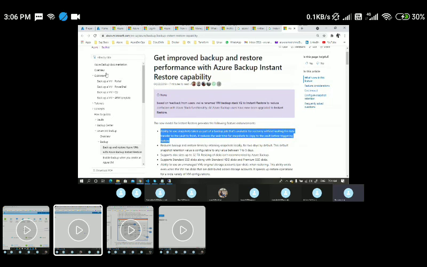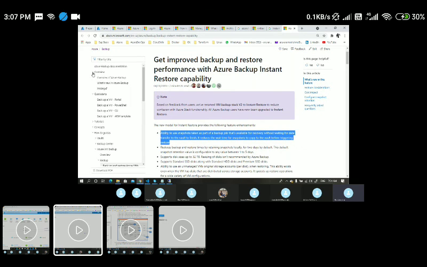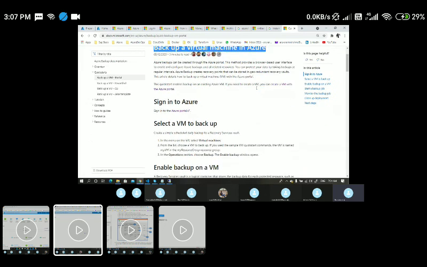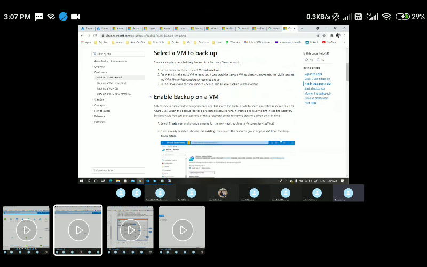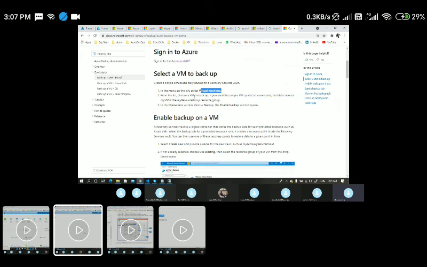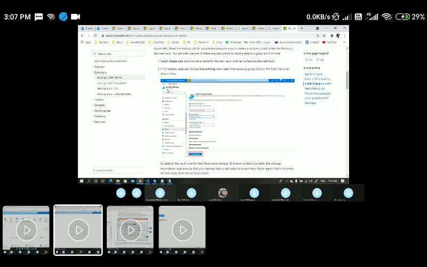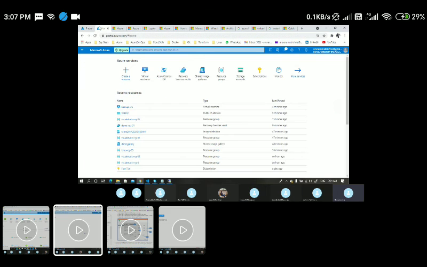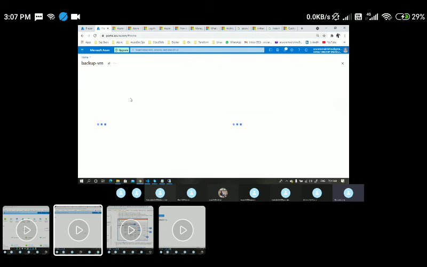So here, if I go to the portal, you can see the overview and everything. And the same thing you could see here, whatever we have taken a backup of. Let's say backup a virtual machine on Azure. So first we created a virtual machine, and these are the things we have taken. And directly from a VM blade also we can perform this action. This document is showing you how to perform it directly at the VM level. If I go to any one of the VMs here, let's say I'll go to the VM.